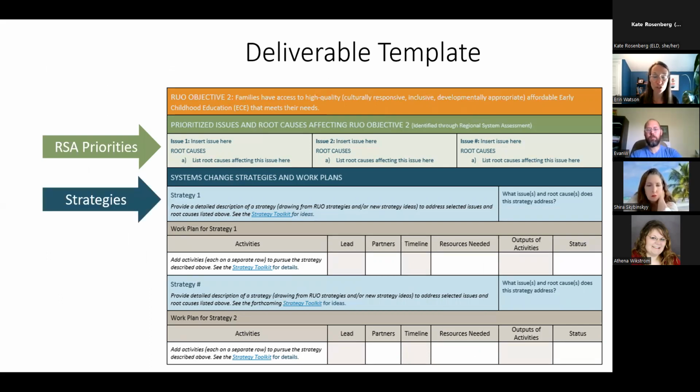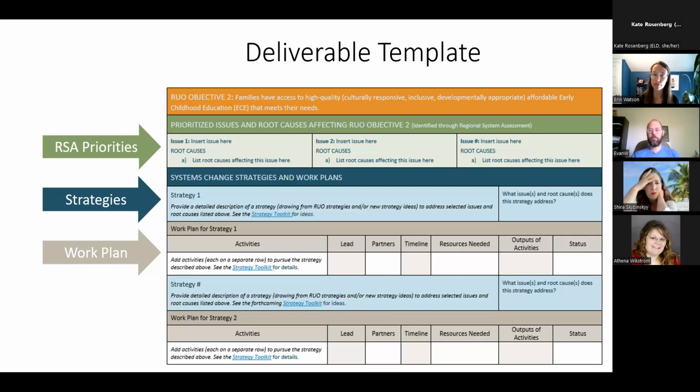You're going to put those strategies you're designing, using those 4 tips, making them as powerful as you can into this sort of teal row. And you're just identifying which root causes from above that strategy is targeting. And then you're creating a work plan with specific activities, at least to start with, to help move that strategy forward. Like Evan said, some of those activities may actually be related to just tending the soil, getting stuff ready. And you can list out, kind of sequence those activities over time to see how that strategy might roll out and some of the people that might need to be involved. Okay.